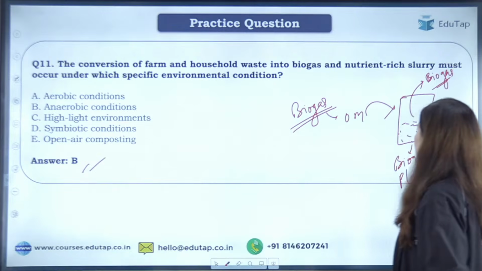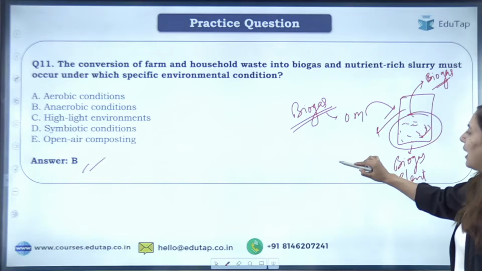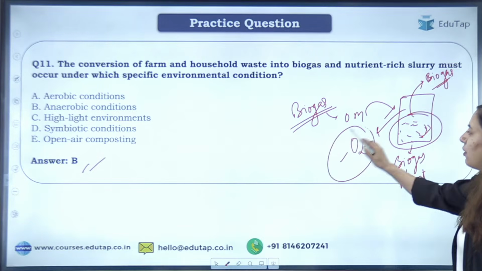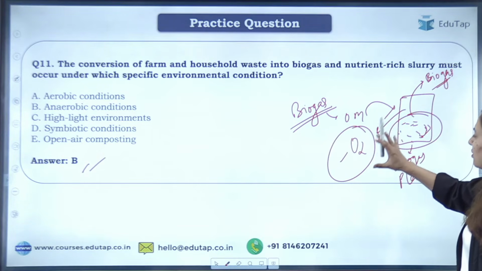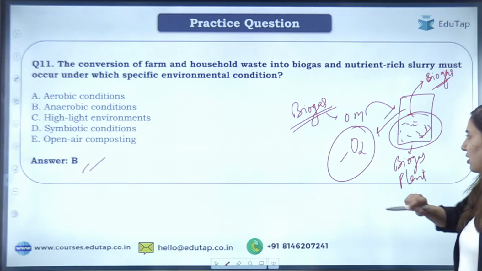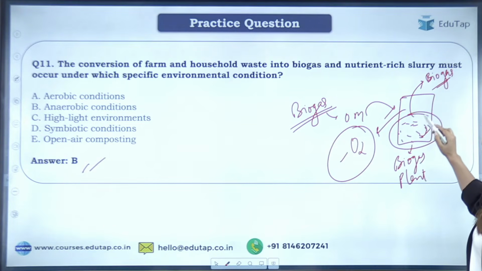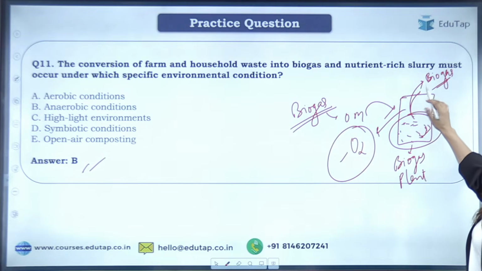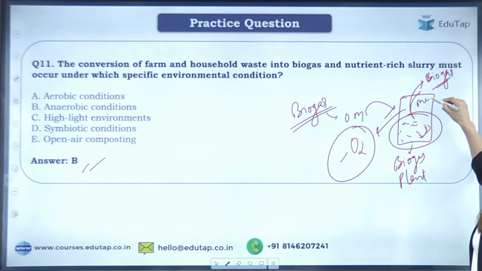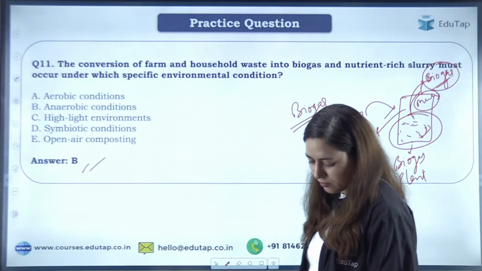So basically for digesting this organic manure, anaerobic condition basically means absence of oxygen, ठीक है, जहां पे ऑक्सीजन ना हो। तो absence of oxygen के presence में जो reaction होती है that is called as anaerobic reaction. That is the reaction which is required here and we require anaerobic condition. उससे क्या होता है, जो digestion होगा it will release some gas, okay, जिसमें कि methane is very important gas which act as a biogas and that can be taken to the household as a fuel, ठीक है।